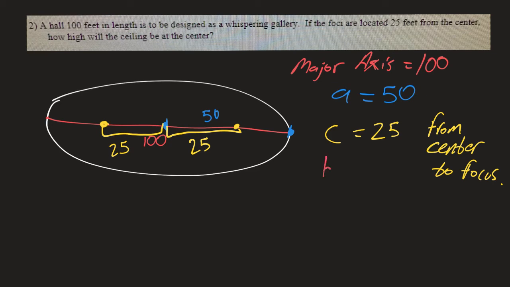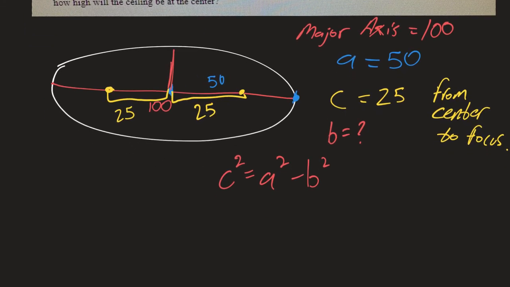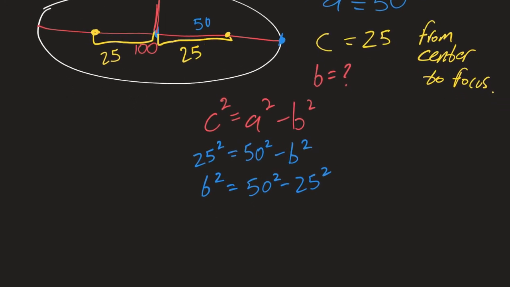All right, and now, guys, we actually have everything we could want for this. We're just going to solve for b, which is, of course, the height that we're looking at. So let's go ahead and set up our equation. c squared equals a squared minus b squared. We'll plug in the numbers that we know and start solving away. So we've got 25 squared equals 50 squared minus b squared. We can rearrange this a little bit. b squared is 50 squared minus 25 squared. And we should get b squared is